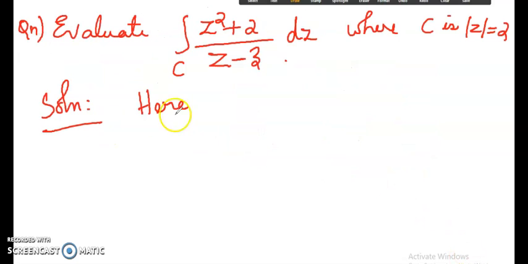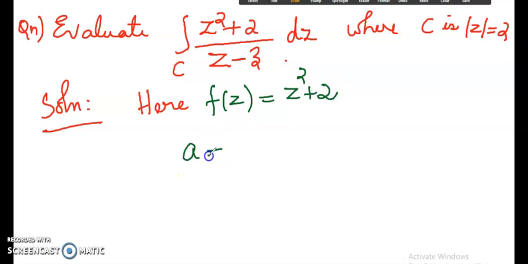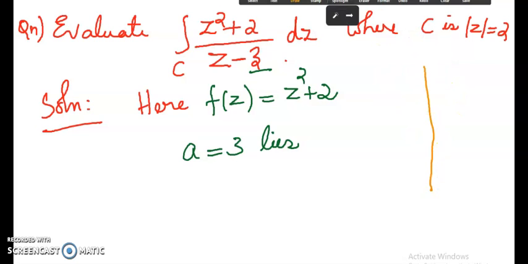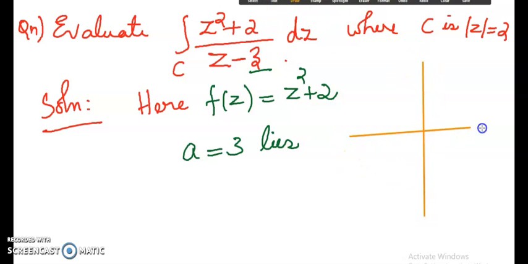So we'll write the f of z term. Here f of z is equal to z square plus 2, and the value z minus a, a is 3. Now a is 3, and let us verify whether it lies inside or outside. We need to draw the circle. So when you draw the circle, we have to identify